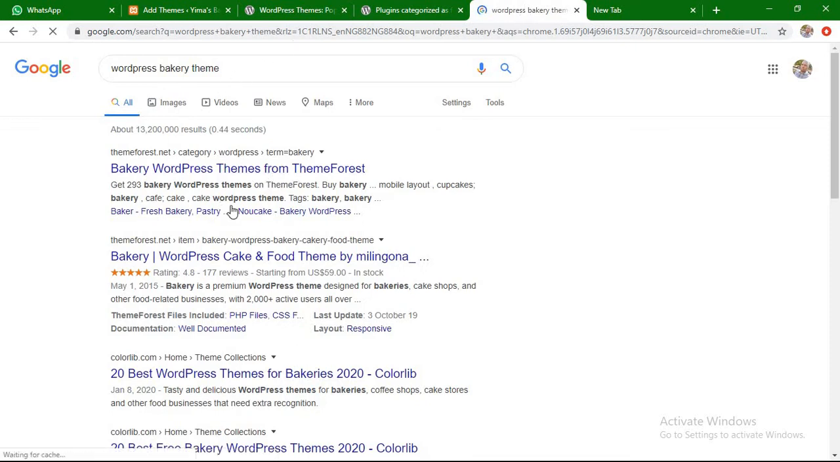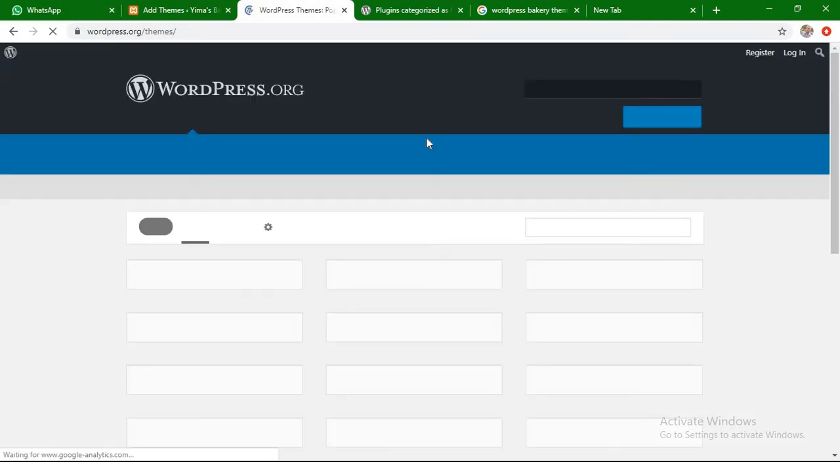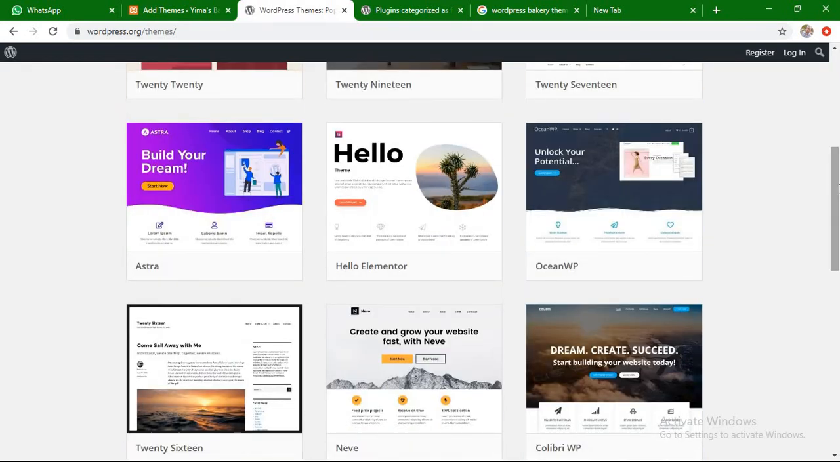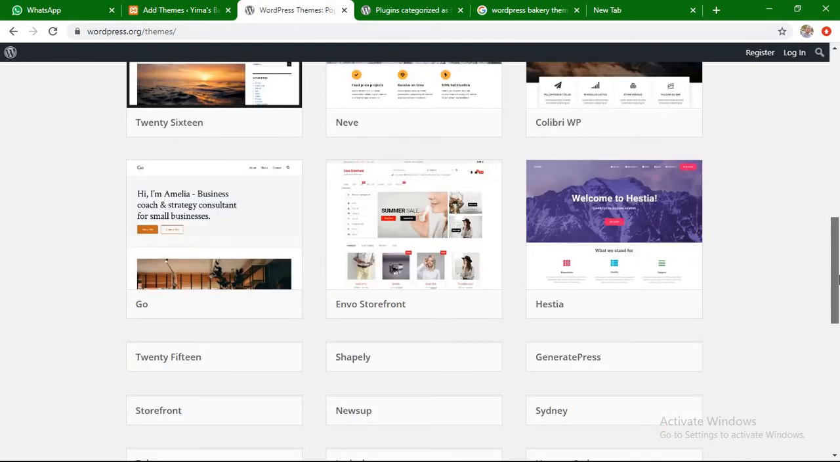Now you can see that outside WordPress there are other sites. Here's themeforest.net that provides themes for bakery. Here is colorlib.com. And in case you don't want necessarily a bakery theme, you can still come directly to WordPress outside the installed software, and you'd see a few themes here that you can download and keep for future use. Alright, so let's come back here anyway